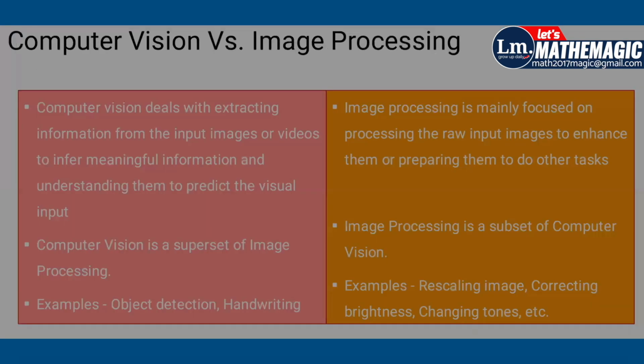Now this is a sample of the differences between computer vision and image processing. Basically we process the image to make the computer understand what is in the image, but there are certain differences between computer vision and image processing. When we are talking about computer vision, it deals with extracting information from the input image, as I have already told, through the webcam. But in image processing, we mainly focus on processing the raw